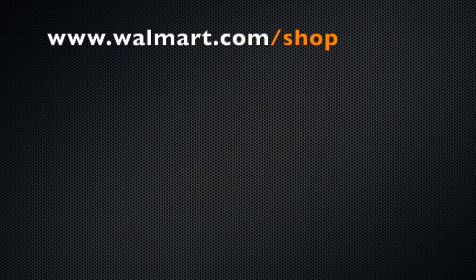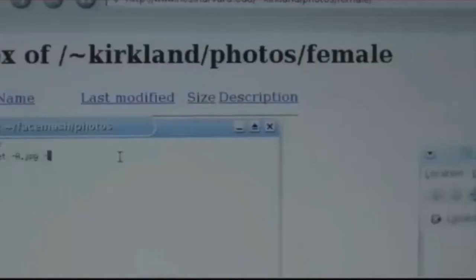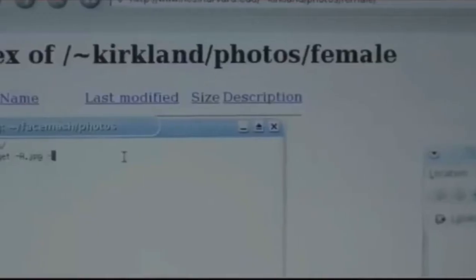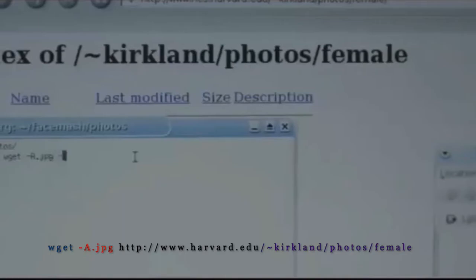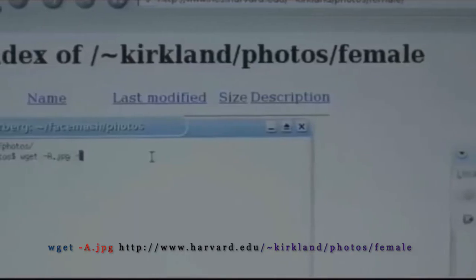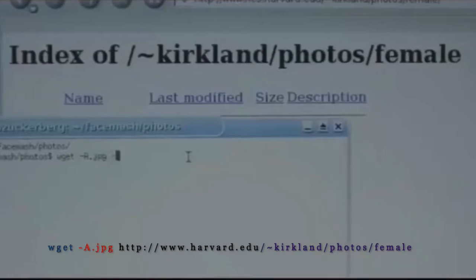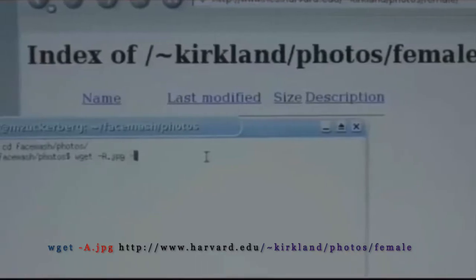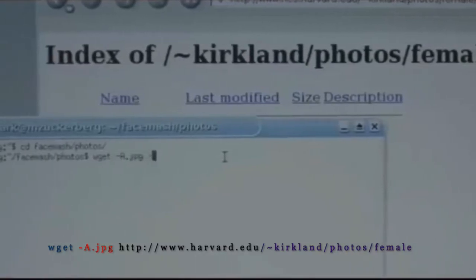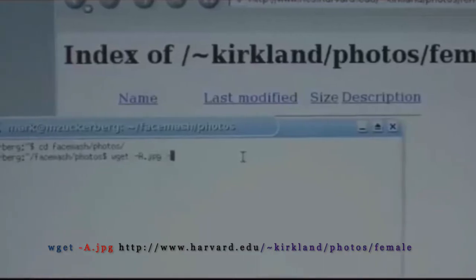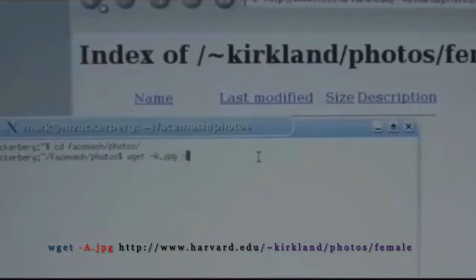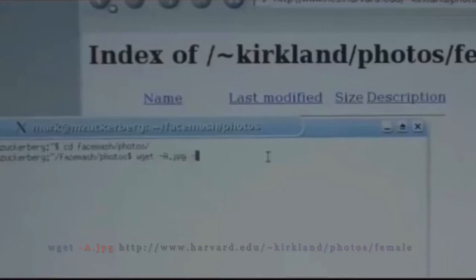So wget is a Linux program that allows you to download content from web servers. What he means by Apache index is a directory listing, so it's basically those slash sections that you see at the end of a URL. The scene cuts before he types up the whole command, but he more than likely used these parameters. Wget is to execute the program, -a means everything, .jpg is the picture files. This is the URL where he would download them from, and these last three sections are the Apache indexes for, obviously, female photos of the Kirkland house.